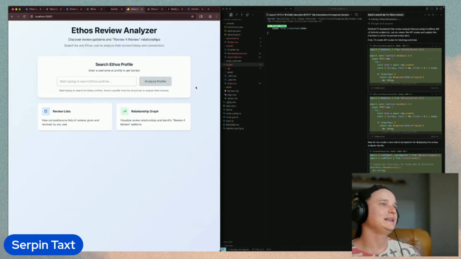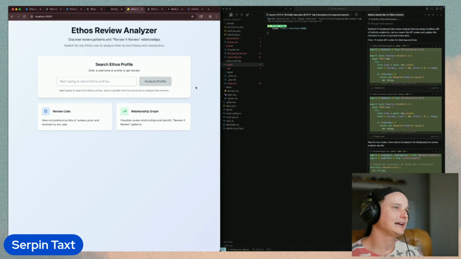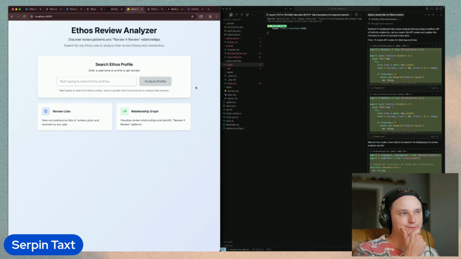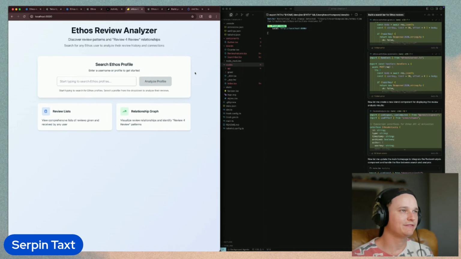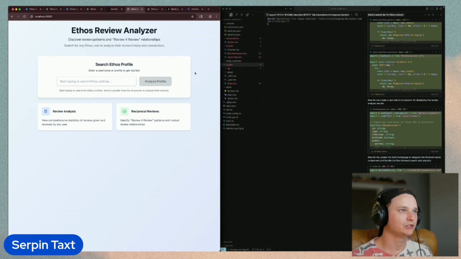I'm trying to think, do I need to authenticate users? Do I really care about users authenticating themselves to see who has reviewed who? Probably not. Honestly, I think we were probably in a pretty good spot once we have this functionality and we go back and add some of the graphing. I might look up good graphing libraries for showing